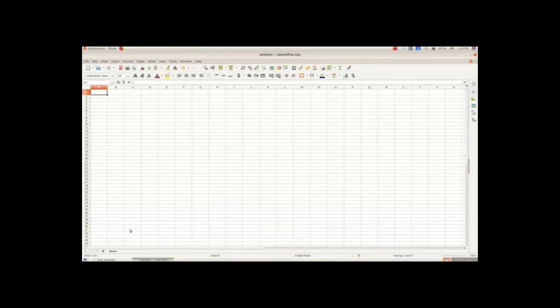So we got the cell A1. The cell pointer is in the cell A1. And if we give Ctrl and Home, you will get the cell A1 itself. Ctrl plus Home will give the same result.